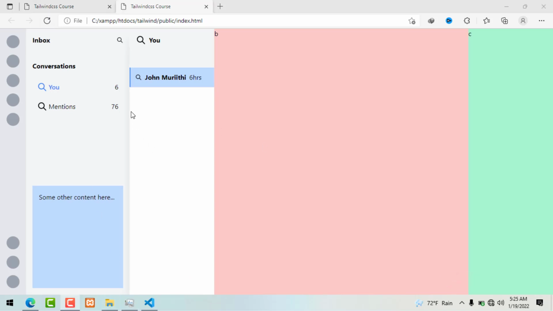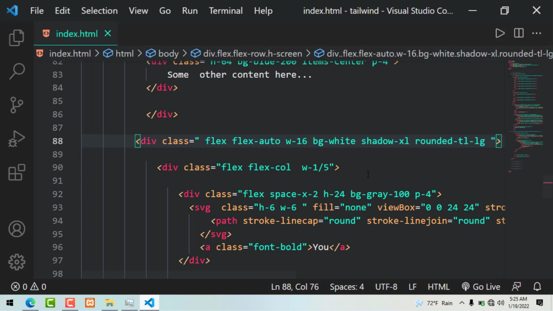Alright, and as you can see now, we have that shadow effect here that sort of separates this component and this component, or this column here. Alright, so now we can continue to add some more content here, and I'll just duplicate this so that we can have some more, and so we see if we are able to get the scrolling bar here. So back to the Visual Studio Code,